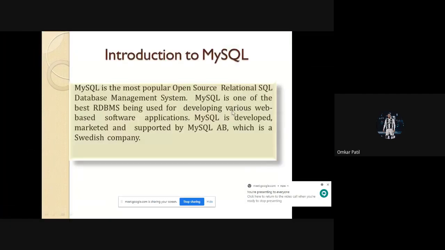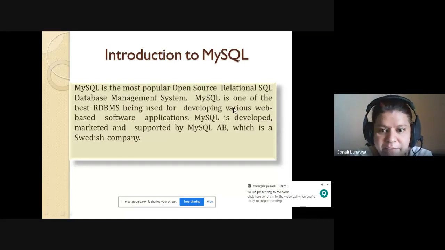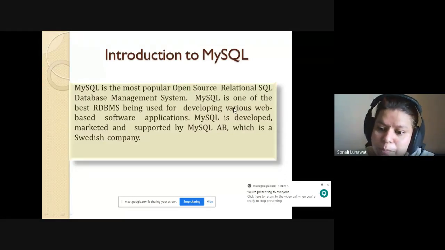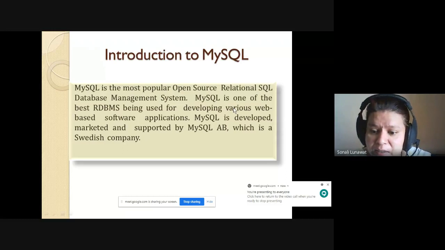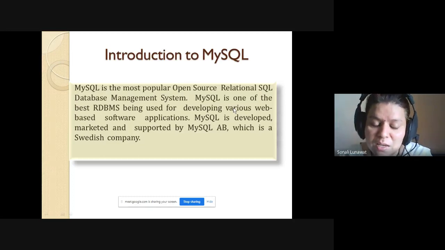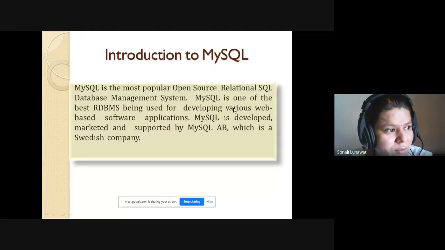Now we'll see why we are going to use MySQL, and I had asked you one question: have you operated any database system? That day I gave you the answer, that is Microsoft Access. But what is the problem with Access? You can store only 1,000 records in Microsoft Access. If your database has fewer values, you can directly go with Microsoft Access. But what if your database contains more than 1,000 records? Then you can go with MySQL. I forgot the value of the MySQL database size, but in the next lecture I'll tell you the exact value of MySQL storage.